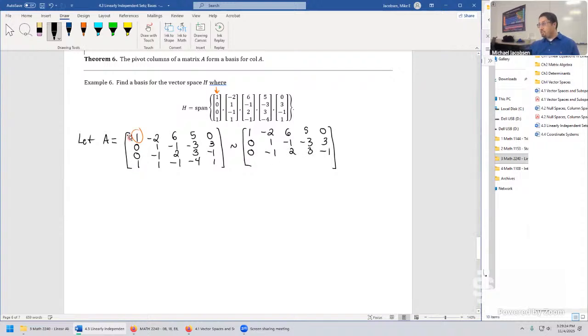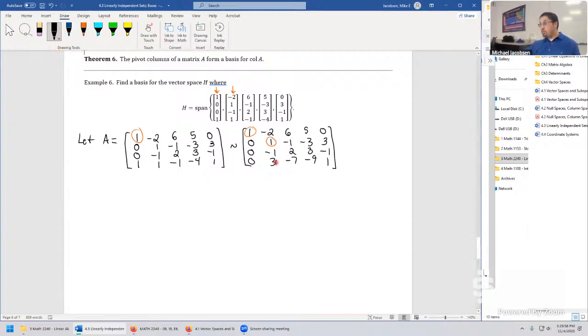And here's the big operation. -1 times row 1 added to row 4 will give us 0. So this is 2 plus 1 for a 3. -6 minus 1 for a -7. -5 minus 4 for a -9. And 0 plus 1 for a 1. So we have a pivot here and here. That tells us already for a basis we have to take in column 2. So next,